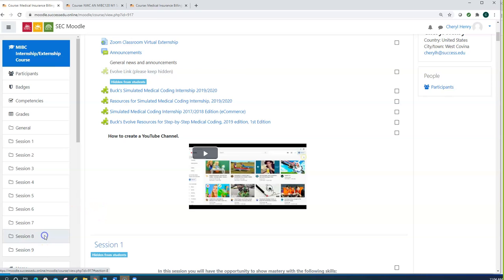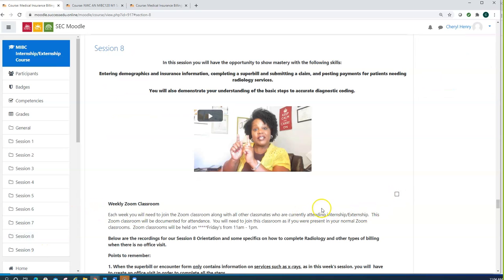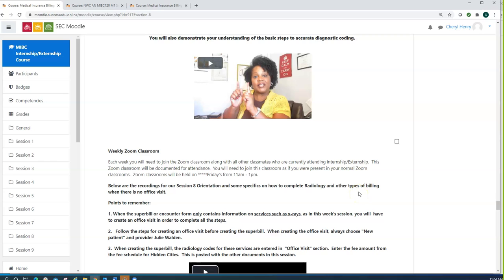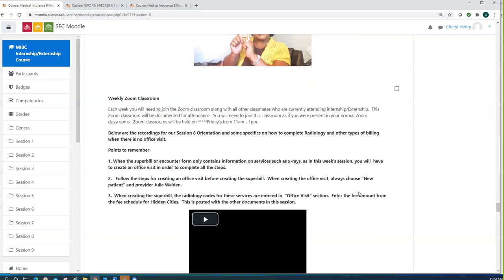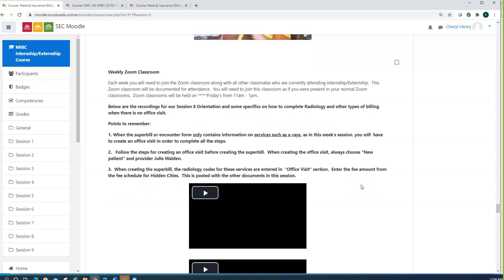The only difference between this week and last week is that we're actually going to be posting radiology charges. Now last week we posted durable medical equipment, but this week we're going to be posting radiology charges. So what we have in session 8 is a recording of a previous session 8